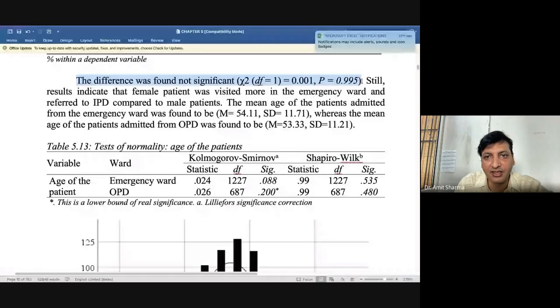This is the writing style for any statistical test. By seeing the icon in the start, if you have a T, you are able to find out that it is either a student T test or an independent T test. By seeing the degree of freedom, you can identify a one sample T test or independent sample T test.